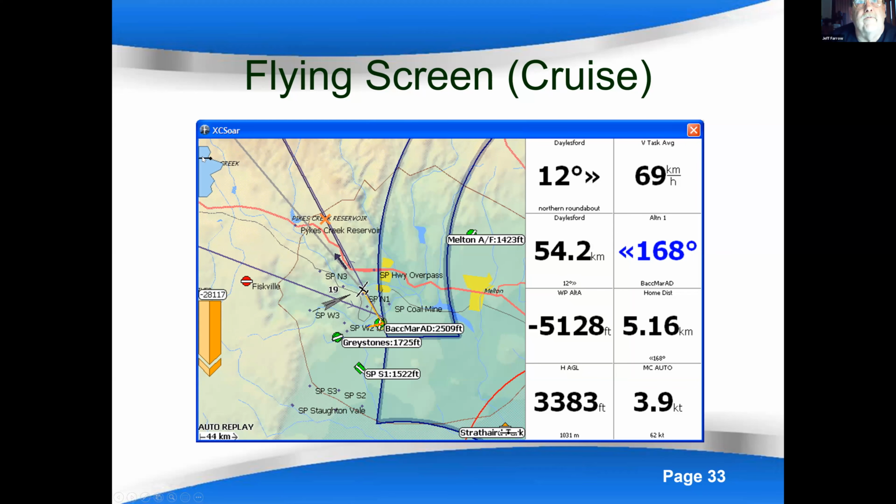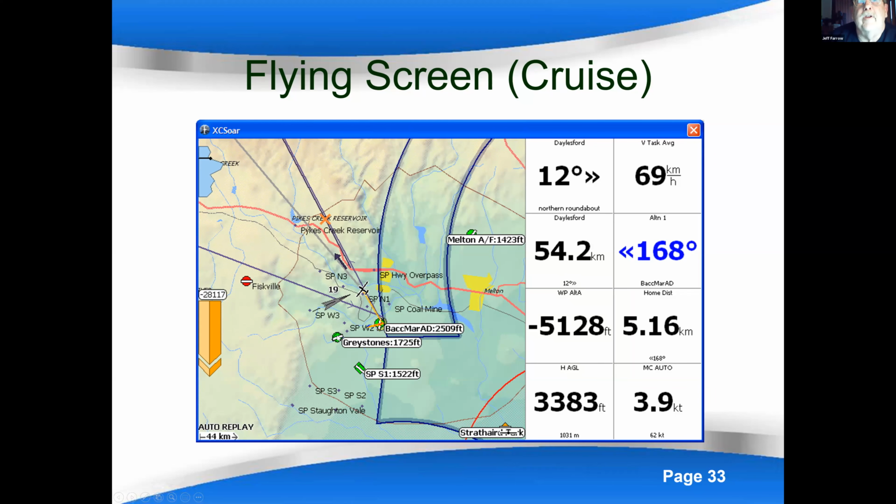Again, thermal profile. You're currently in this part of your thermal profile. In our previous climb, we were here. It's died off a bit as we've gone further up. The various airfields, if you're within reach of them, will become green.